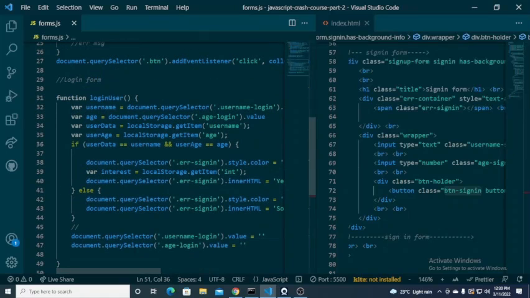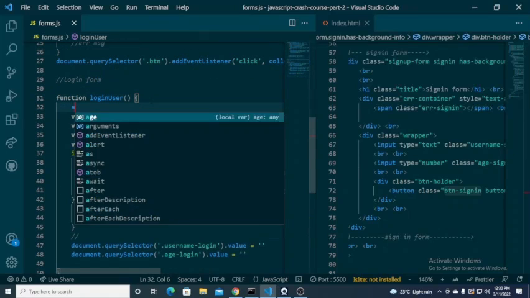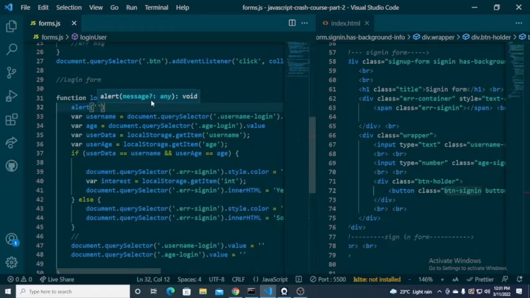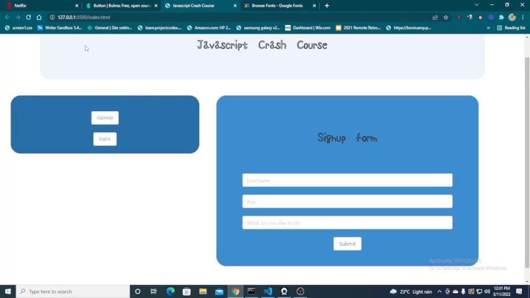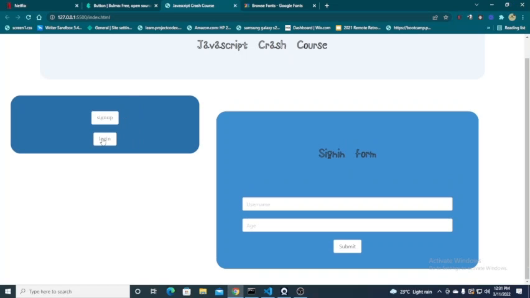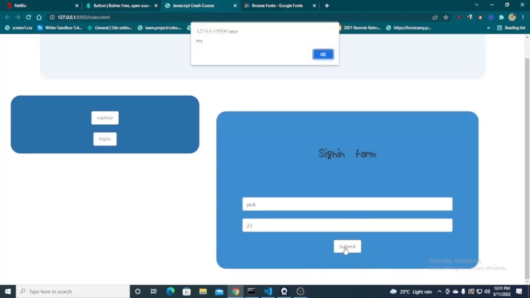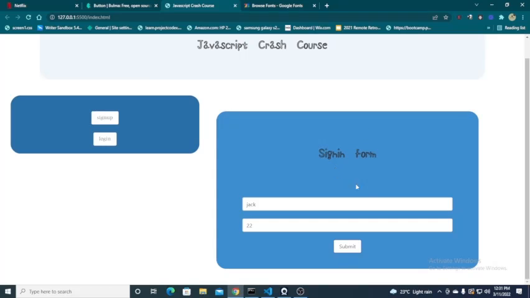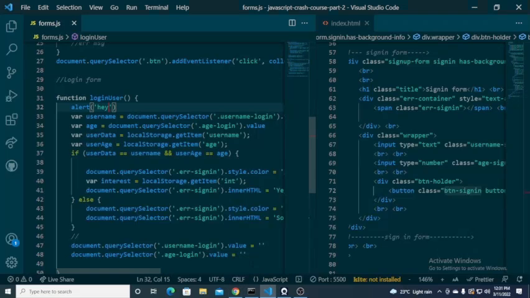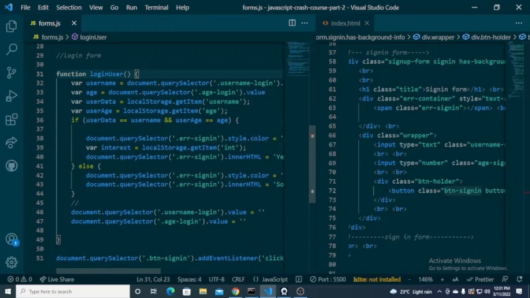And then log in user, and then I want to make an alert just to confirm that I've logged in the user, and then I'm just gonna say hey whenever I click on the submit button. Log in. Okay, so it says hey. So now the problem, I think it's with our, what you call, I'm just gonna console.log the user data,